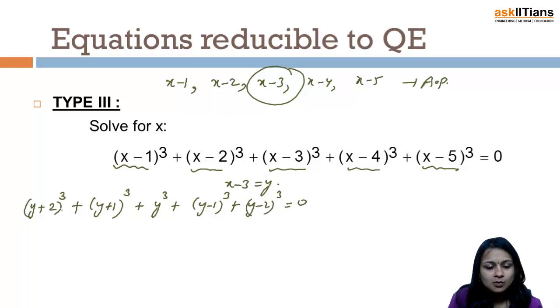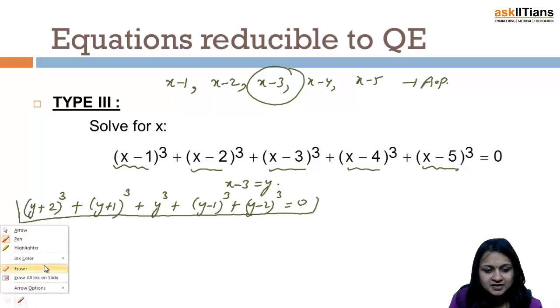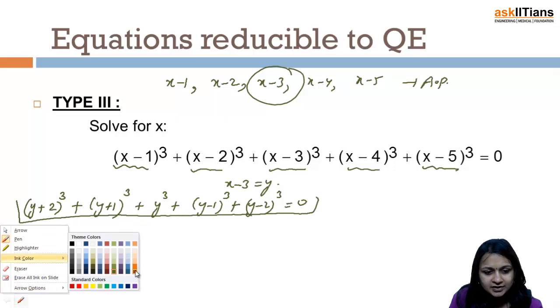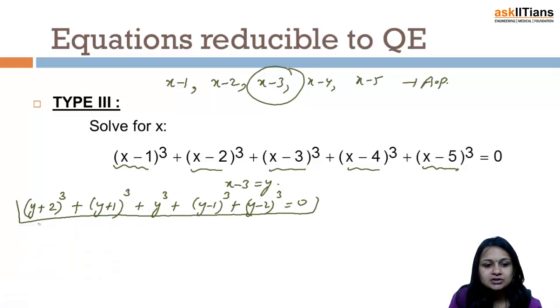Now what we have to do is, we have to solve this expression. Now why is it becoming very simple to solve? The reason is because here you can see that (y plus 2) whole cube and (y minus 2) whole cube, I can club them. I can club (y plus 1) whole cube and (y minus 1) whole cube, and y cube we can treat separately. So this becomes pretty simple. You can take (y plus 2) whole cube and (y minus 2) whole cube together, so you will have lots of terms getting cancelled. So this will help us in solving the question.